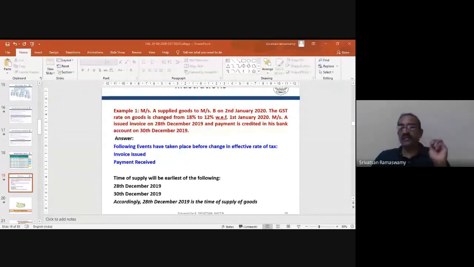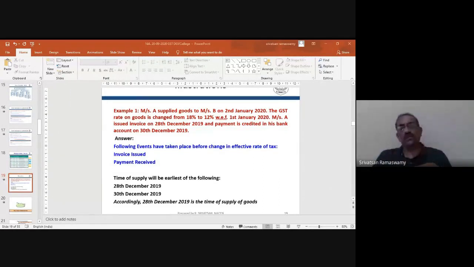Explain the tax point again. See, for the time of supply, you have two situations. One is the basic tax point and the actual tax point. Generally, the basic tax point is the point at which the event of supply actually happens. So that is the basic tax point. But because we have the term agreed to be provided, the actual tax point may not sync with the basic tax point. The other two aspects of raising an invoice or receipt of